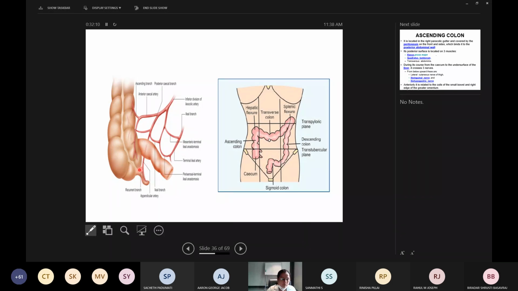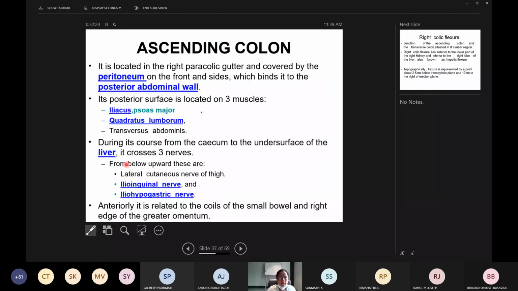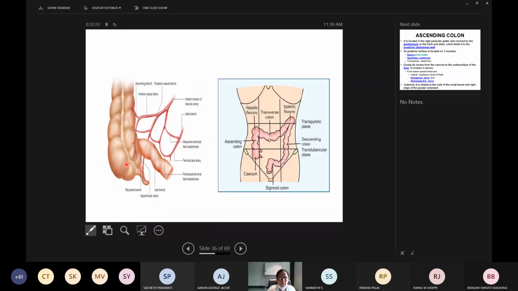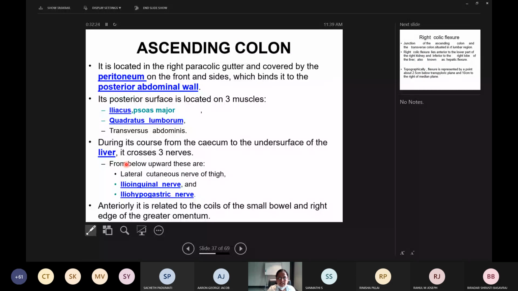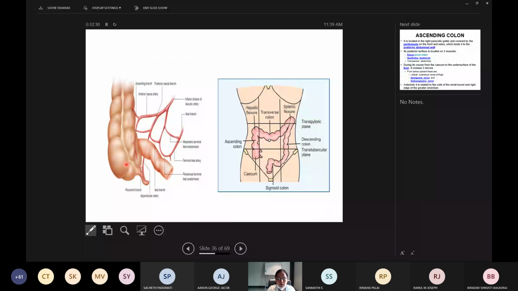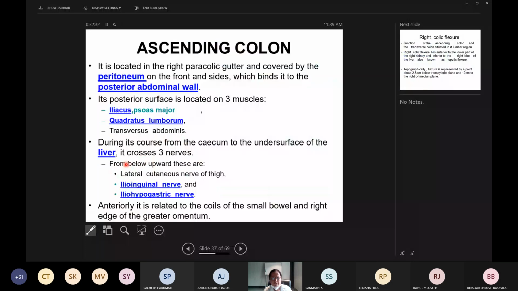Okay, and it also provides the recurrent branch which anastomoses with the posterior cecal artery. So this is the appendicular artery. So this is about the appendix. The case scenario I discussed in the last, which case can be asked for you all in this topic. So this was about the cecum and the appendix, a very frequently asked question in the large intestine. I hope it is clear for you all.